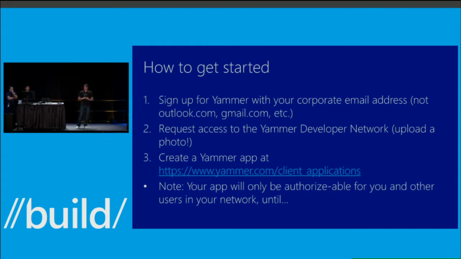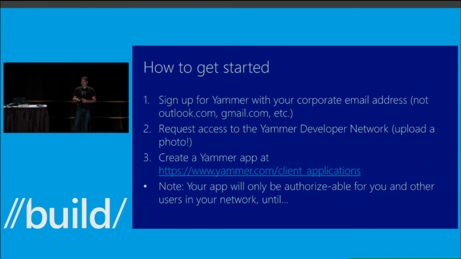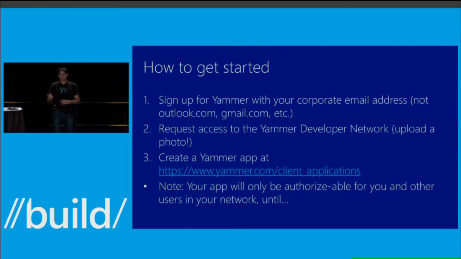Once you're ready to begin playing with the API, you need to create a Yammer app. You go to /client_applications, and you'll go through a flow where you pick a name and give us your email address and so on. It's a lightweight sign-up flow for creating an app initially. The gotcha here is that unlike with many other products, we apply a little bit of extra security to our app registration process. You can register an app, you'll get a client key and a client secret, and you'll be able to hit our API with your account,